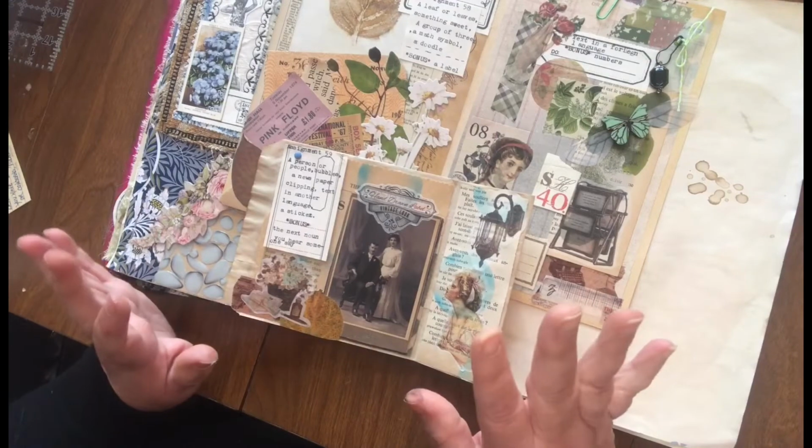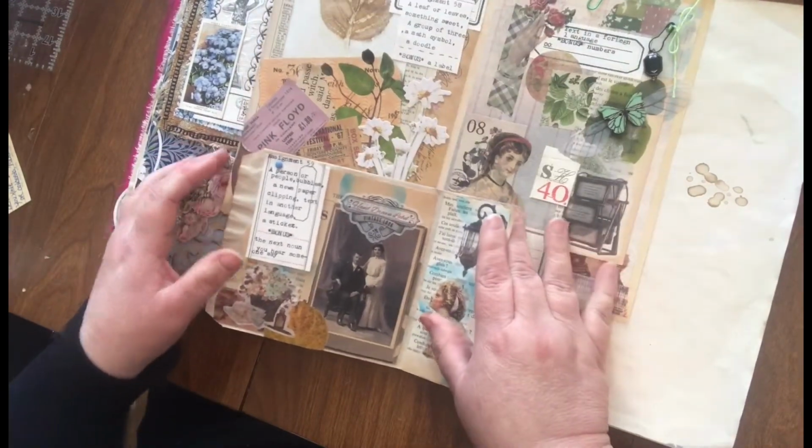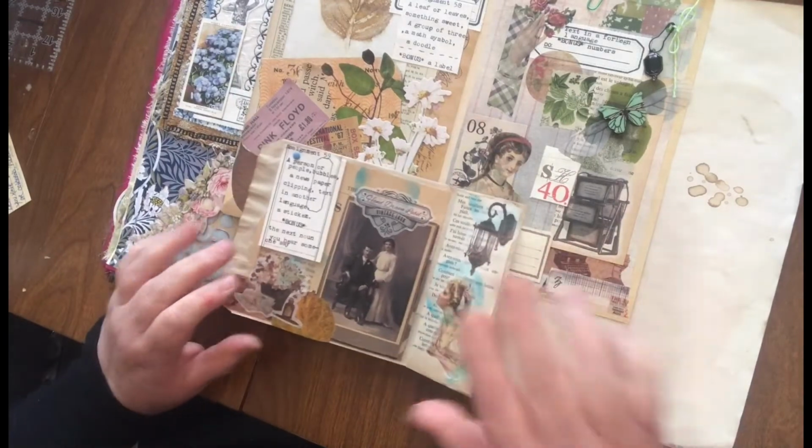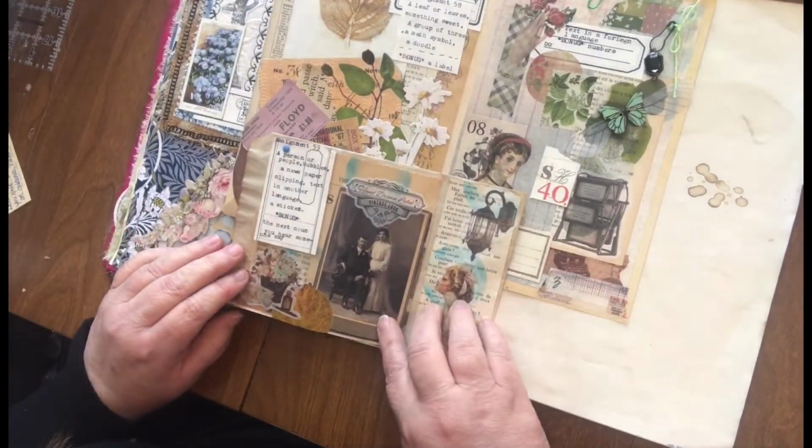At any rate, that was my little trick for doing bubbles, and I hope that somebody thinks I'm amazingly talented for that. No, I'm just kidding. That was just something I tried, and it turned out okay. So,